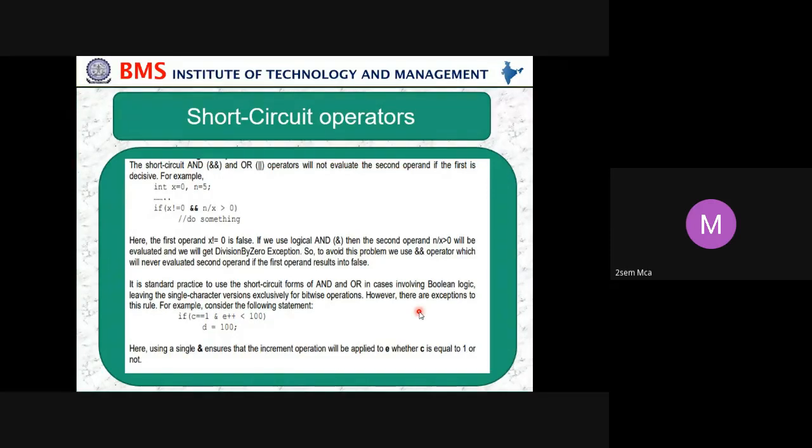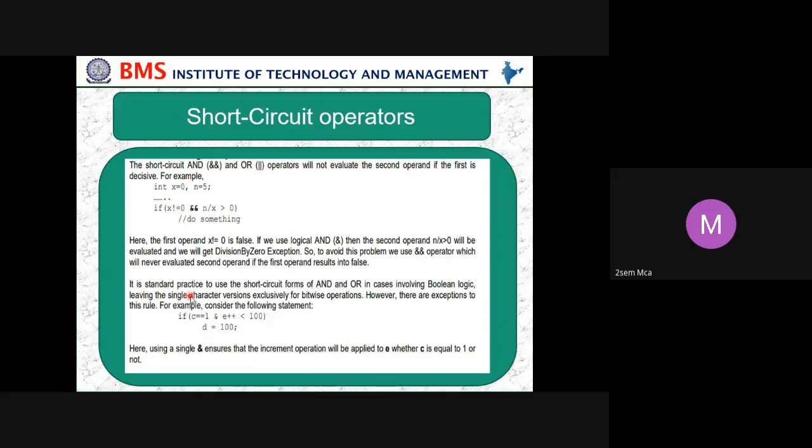Here the first condition, x not equal to 0, is false, but if we use a plain logical and, the second operand will still be evaluated and we will get a division by zero exception. To avoid this problem, we use the short circuit and operator, which will never evaluate the second operand if the first operand result is false.